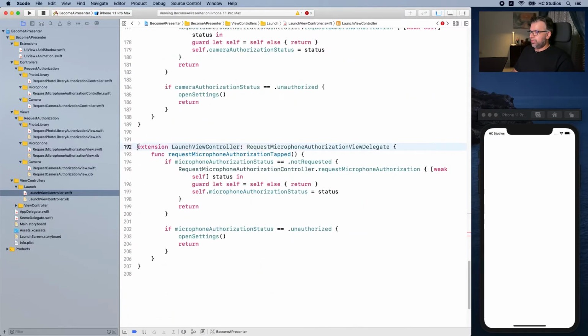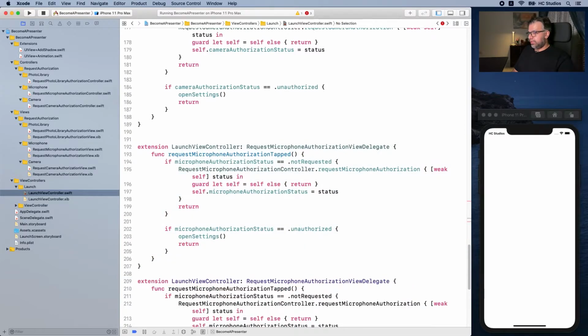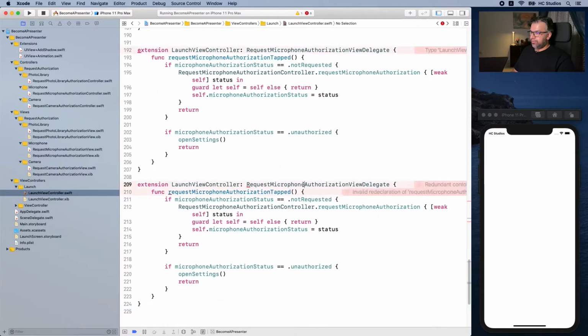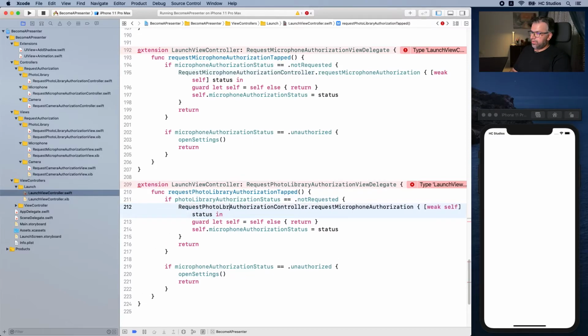I'm going to copy this specific code, paste it here, and rename for the microphone to photo library authorization view delegate, and the method name for photo library is request photo library authorization tapped, and for the microphone authorization status, instead it's photo library authorization status. And now we're going to check on the authorization controller of photo library authorization controller, request photo library authorization,